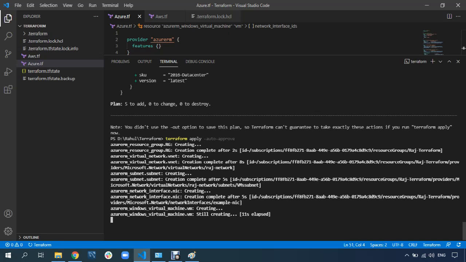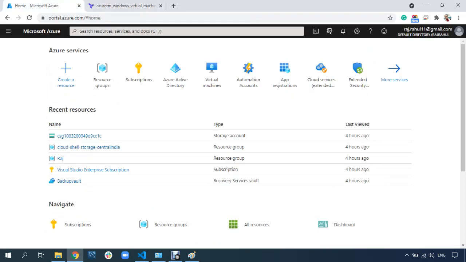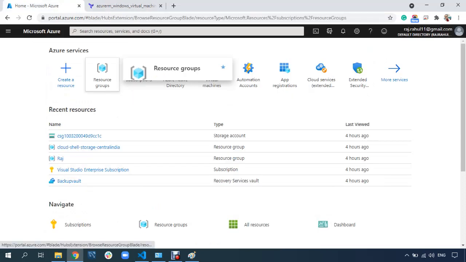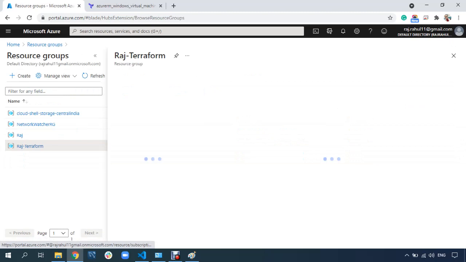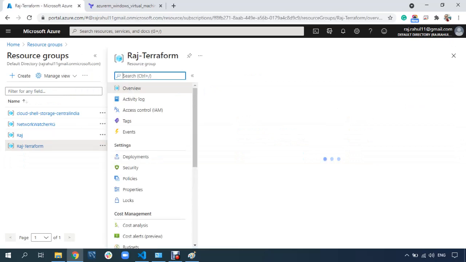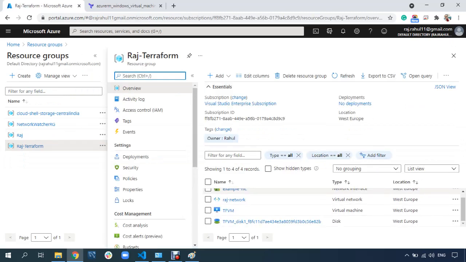You can see it started creating the resources. So this is the time to verify. Go to the portal and go into the resource group. Here you can see the resource group is created, and inside the resource group you can see all the resources are also getting created.